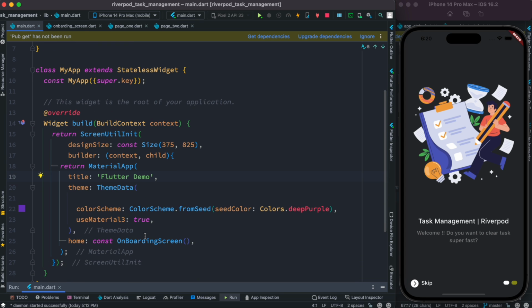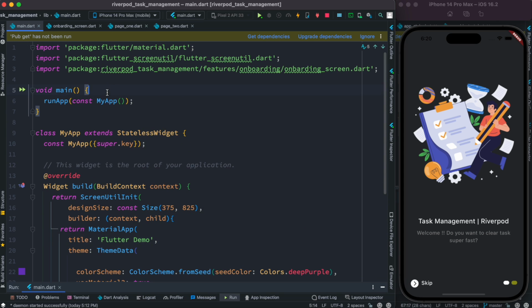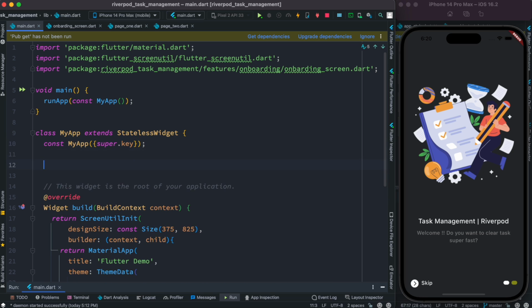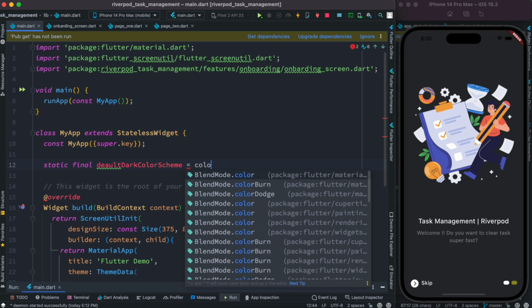Now to be able to take care of it, we need to work on our main function inside this MyApp class. Over here we have to define our color scheme, because we are working with a dark scheme or dark screen. Based on that we have to define our color scheme. The color scheme we're going to define will have primary swatch color and brightness. So let's declare a variable at the top, and here we'll say static final, and here we'll say defaultDarkColorScheme. All right, this one, and over here we'll call a ColorScheme object,